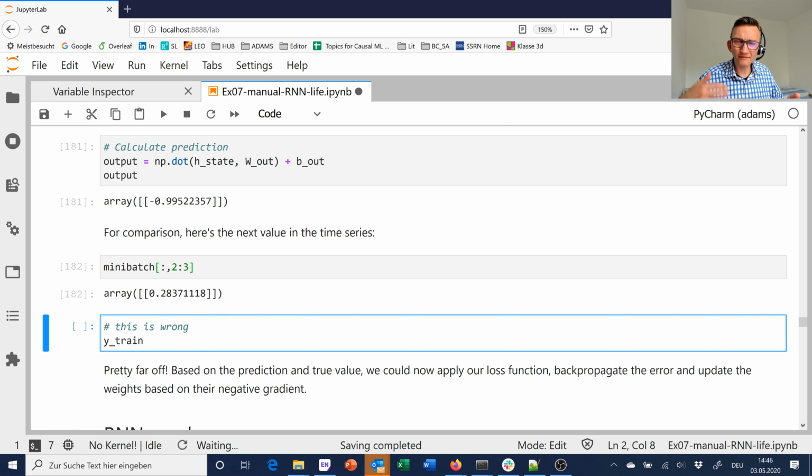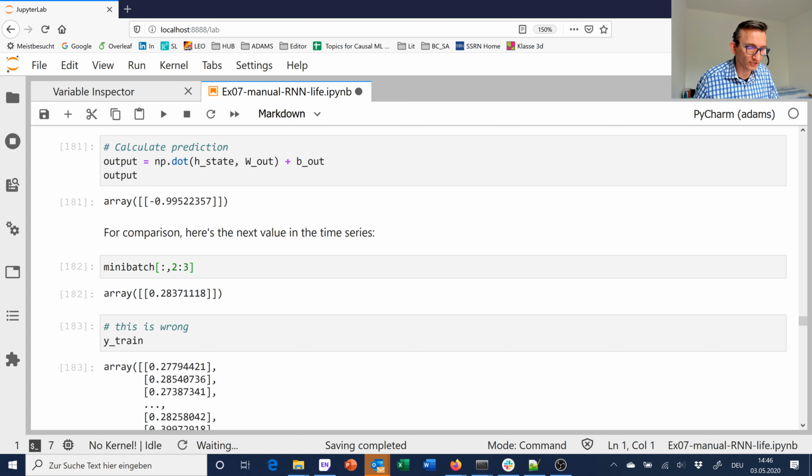Normally, if I want to compare my forecast to the actual, I would look into y train, right? And well, that is a vector, but I can just call it and look for the very first element. Shouldn't that be the target value, this 0.2779? And the answer is no, because we set up our neural network such that we say, well, we give you